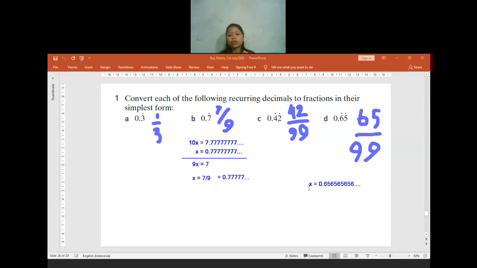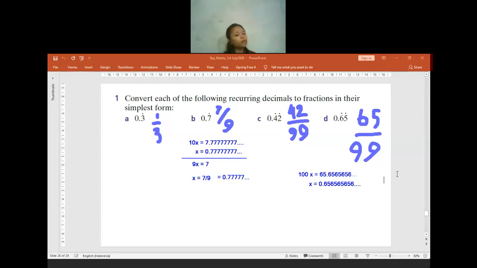Okay. Because this is already 6565, we see there are two digits that are repeating. Two digits, so it means two zeros. Number with two zeros will be 100x. So when it is 100x, I need to multiply the decimal by 100. 0.656565 multiplied by 100 will be equal to 65.656565, never stop. Like this. Is there anyone who has difficulties or is confused so far before I move to the other explanation?